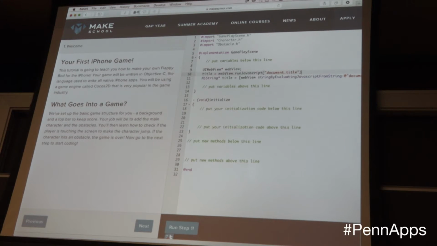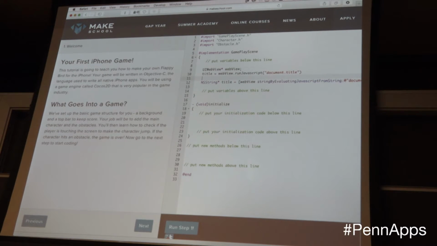But here, instead of doing that, you say WebView run JavaScript, right? So it's weird. You encapsulate these methods, the idea here is called a message. So you're going to pass a message, which you encapsulate in these brackets, and you put the arguments here, like document dot title.